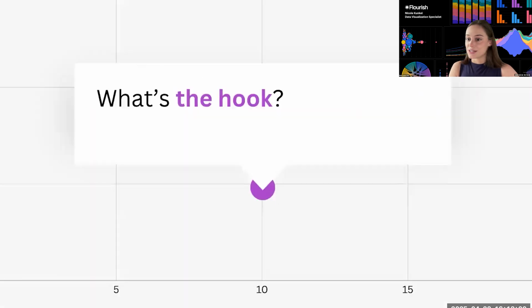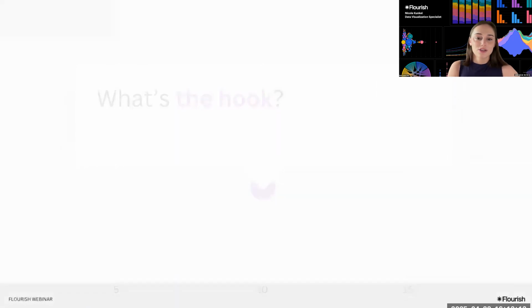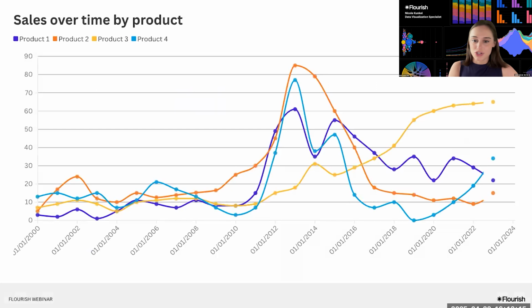So now I want us to put into practice in the chat, finding the hook, looking at a single chart. And then we're going to put some data storytelling into practice. By showing you just this one chart, I'd like for you all to take a few moments and just think about what could possibly be a hook when you look at these different lines, trends, and patterns. When you think of something, please go ahead and share it in the chat.